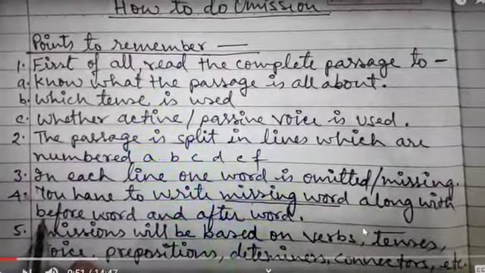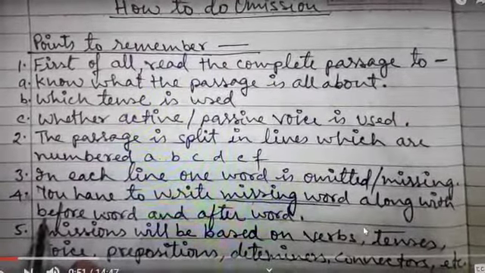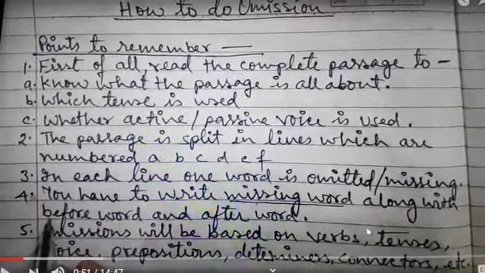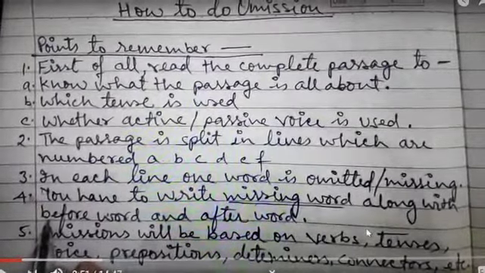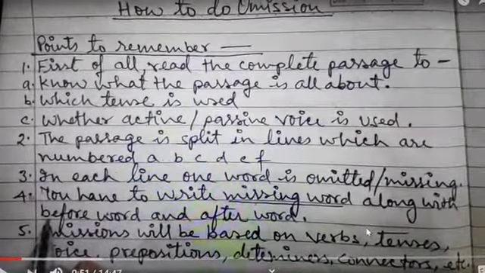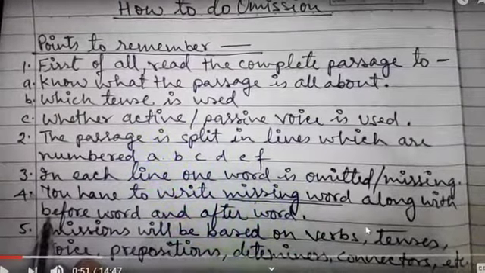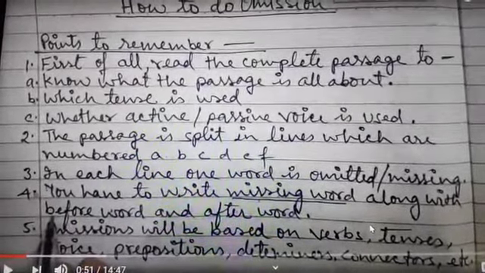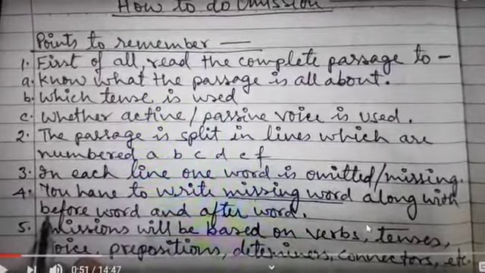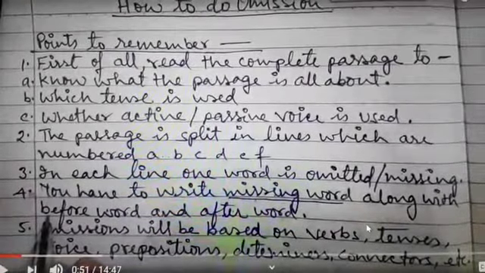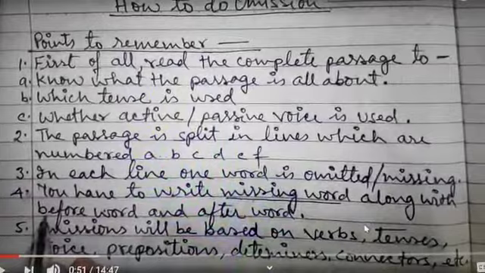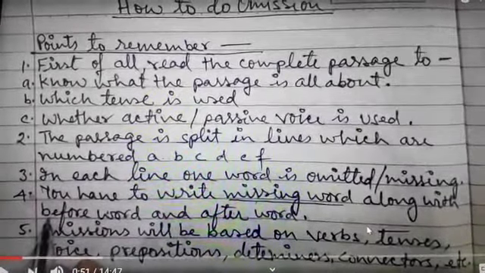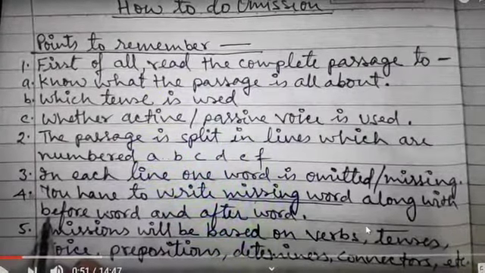If you have read the passage carefully, then you would definitely be able to recognize which tense has been used, what the passage is about, and whether the passage is written in the active voice or the passive voice, as we know about the rules of active and passive voice. If it is in the passive voice, then again we have to recapitulate and complete the passage according to the rules of active and passive voice.